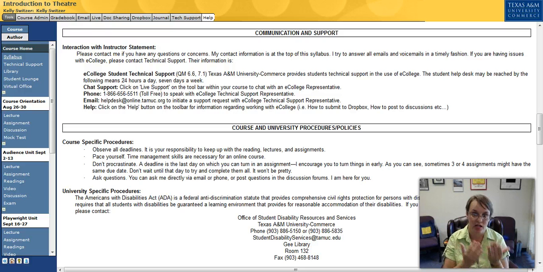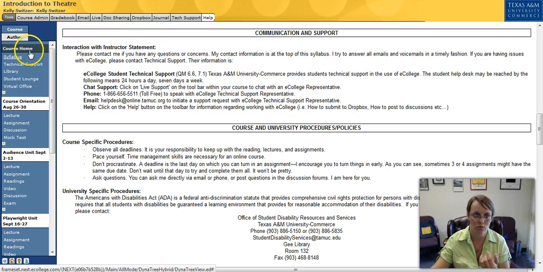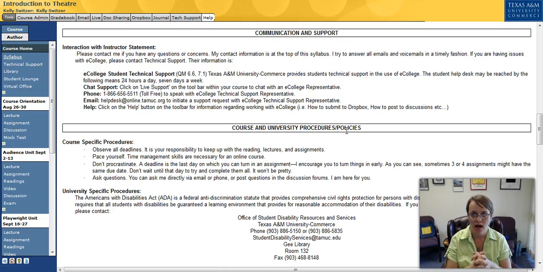My contact information is at the top of the syllabus. It's also at the Course Home tab, so if you go back to Course Home over here, you'll see my contact information at the top as well. If you're having issues with eCollege or any other sort of technical issues, make sure you contact technical support,